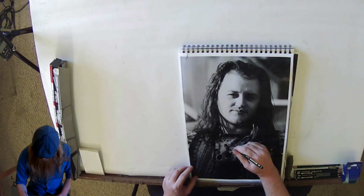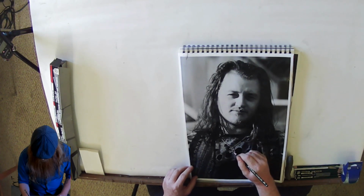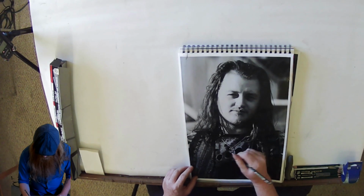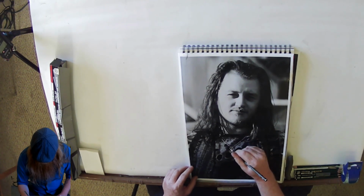Having this photographic reference I can trace right here makes these little geometries in this really cool necklace just a whole lot easier to deal with on the transfer. And I know some artists are of the opinion that doing a photographic reproduction method in this way may be some kind of a cheat, or maybe it means that you aren't as skilled as someone who doesn't. Maybe that's true, but